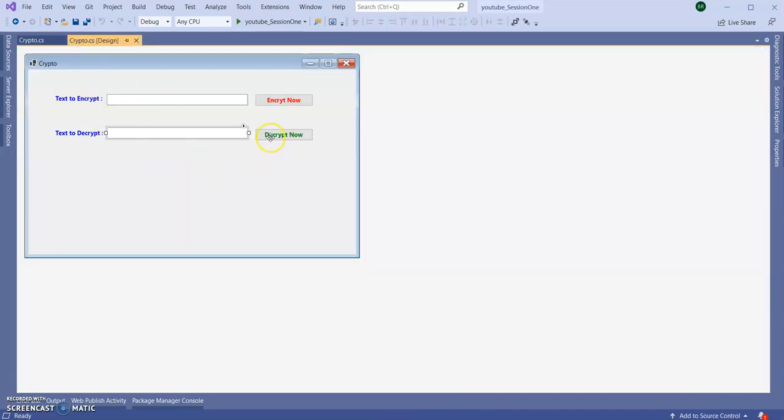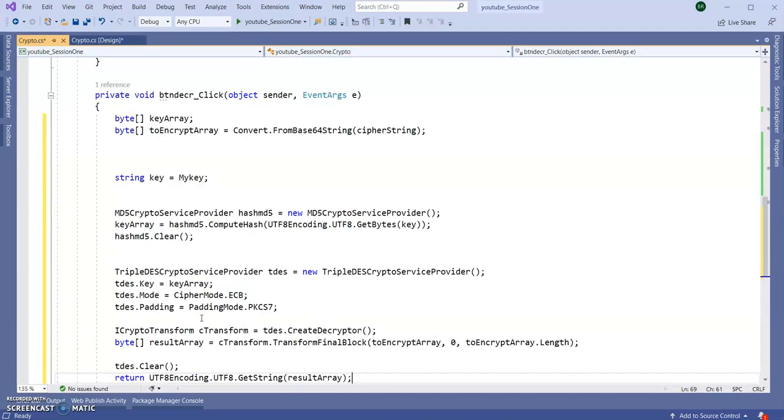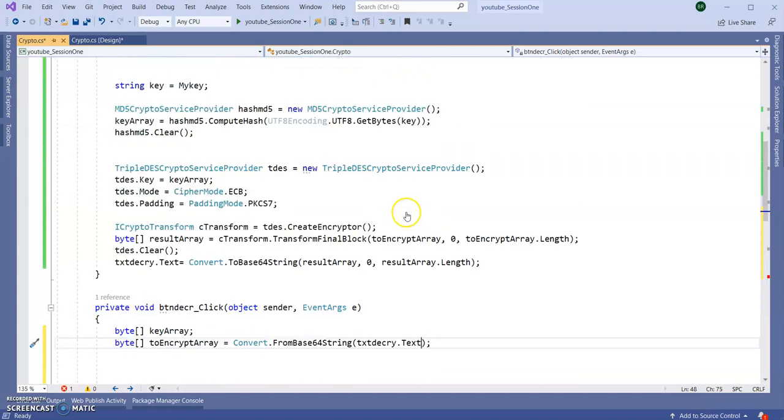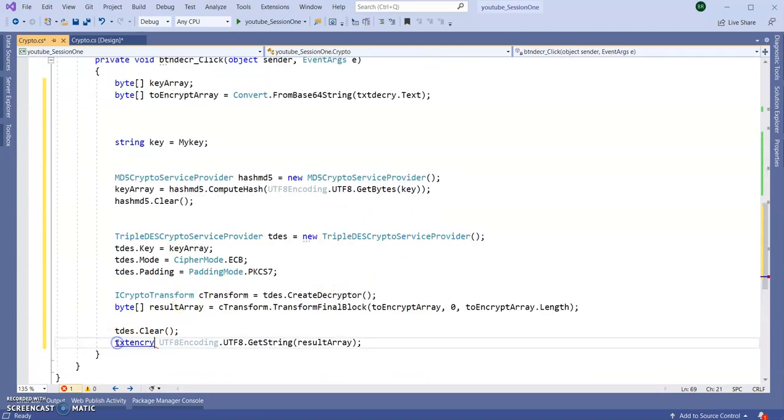For decrypt, in the button click event, I'm going to take the text of the second text box data. It will decrypt and show it in my first text box.